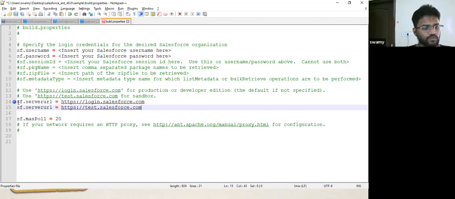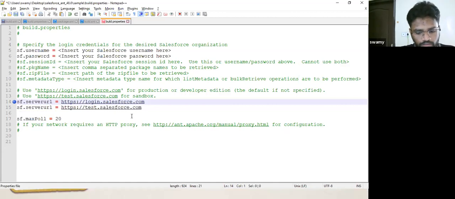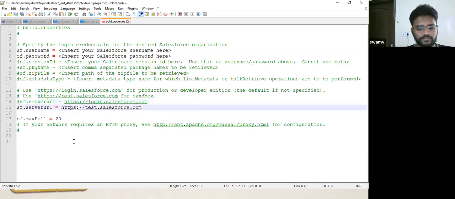When you are working with one, you have to comment the other. For commenting in this properties file, you have to use the hash symbol that I'm using right here. If I use the hash, it will disable that particular line. So when you are retrieving, you have to retrieve from your developer sandbox, that is test.salesforce.com.